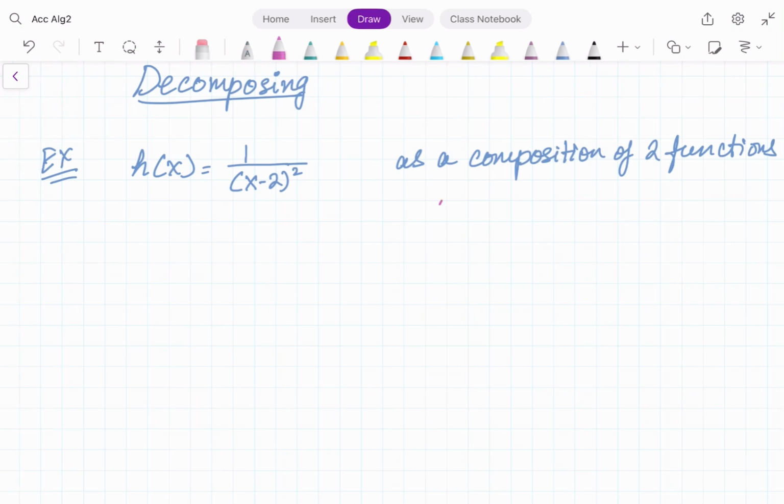If g of x is x minus 2, that means that is the inner function. Now, if x minus 2 is the inner function, that means the outside function f of x will be